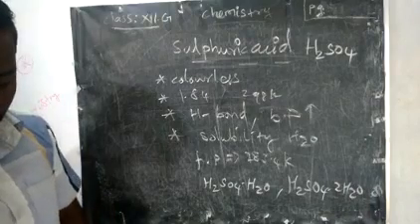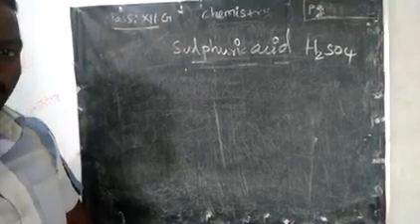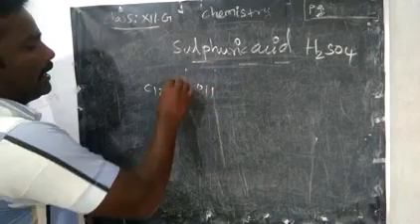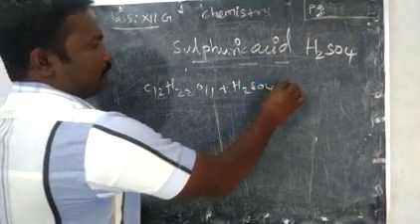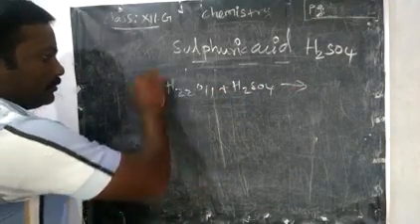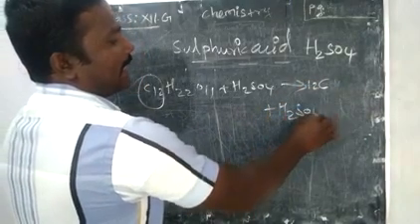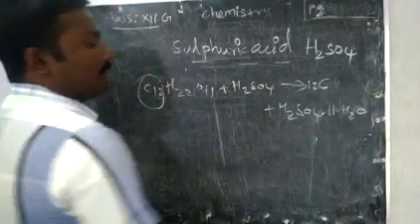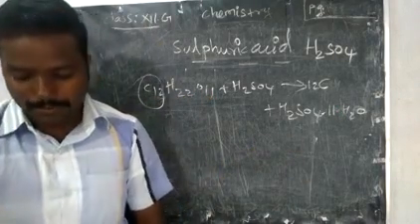Now we will see some chemical properties of sulfuric acid. First, reaction with sucrose. What's the molecular formula for sucrose? C12H22O11. Sucrose reacts with sulfuric acid. What will happen? It will form hydrated sulfuric acid. You just remove 12 carbon alone, and the remaining will form hydrated sulfuric acid: 11 H2O. 11 oxygen, 22 hydrogen, becoming 11 water molecules.